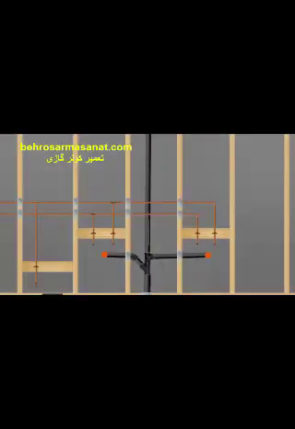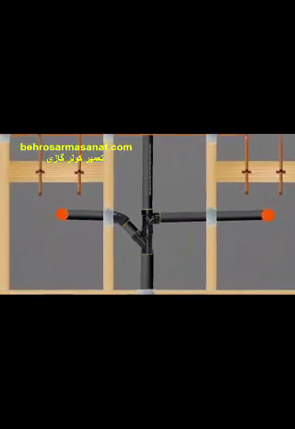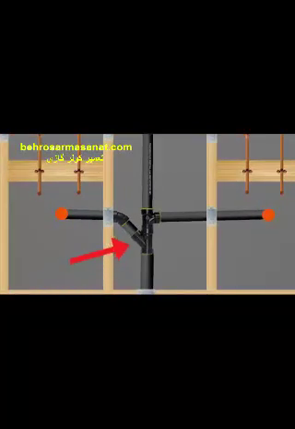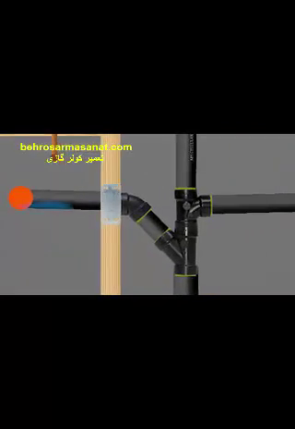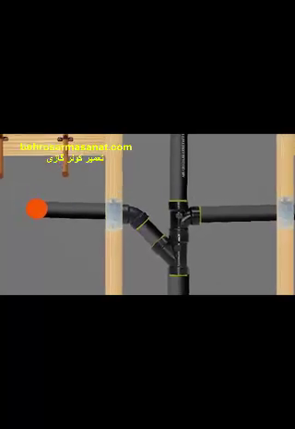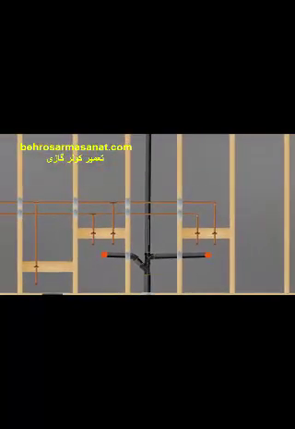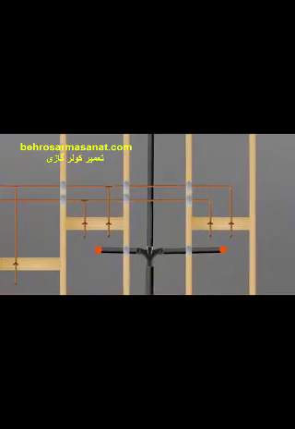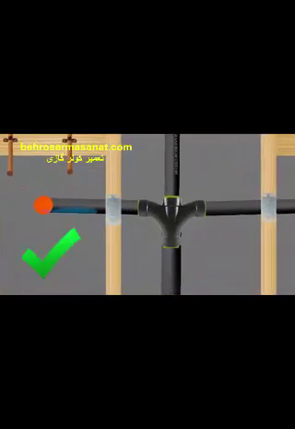The sixth violation is setting up a dual lavatory rough-in like this. The reason why this configuration is not code is because of the way the left lavatory is plumbed. Let me show you why. When a sink drains, water flows through the pipe. If the pipe fills up with water, it'll create a negative pressure behind it and suck the water out of the P-trap, allowing for sewer gases to escape into the house. By using a double TY like this, air from the vent is allowed into the pipe to balance out the